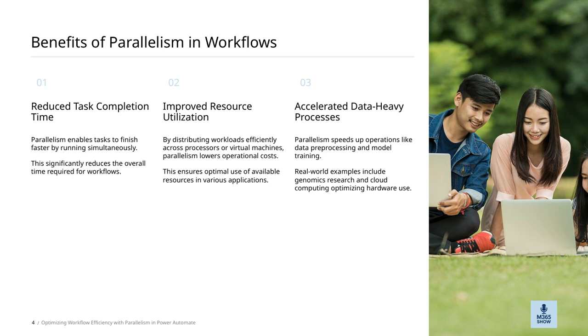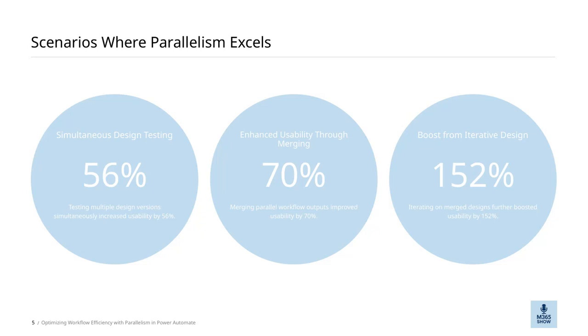Additionally, parallelism enables tasks to run simultaneously, so they finish much faster. This significantly reduces the overall time it takes to complete workflows, making processes more efficient and responsive. Overall, leveraging parallelism is a powerful way to enhance workflow efficiency, resource utilization, and speed, aligning perfectly with our goal of optimizing automation processes. Let's take a closer look at some scenarios where parallelism truly excels in optimizing workflow efficiency